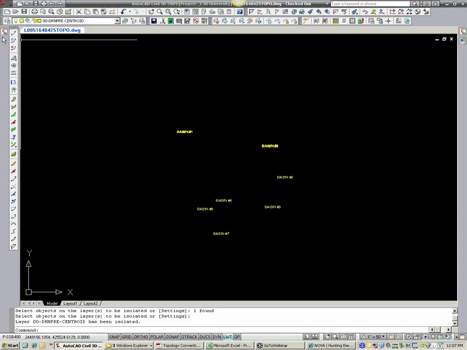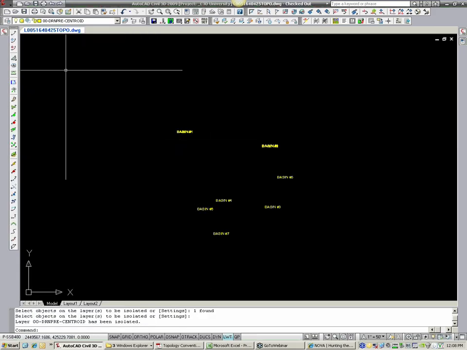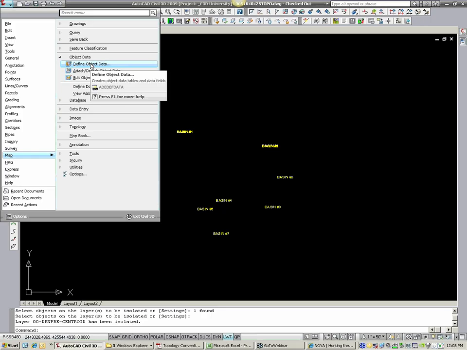And I guess if you did miss that last class, you wouldn't know that in this file we started that off with the topology template, not the Civil 3D template. So you want to start with this topology template for this specific drawing. That topology template does have pre-nested elements, and one of those is object data tables. So to assign object data to these